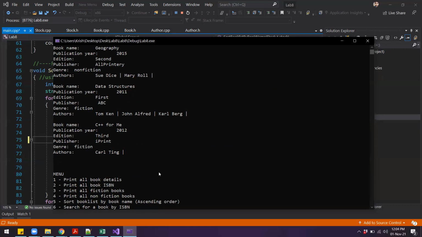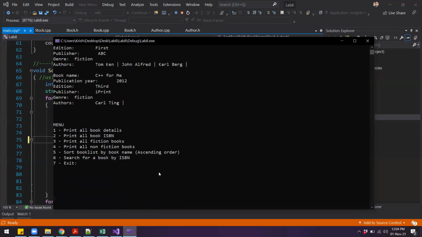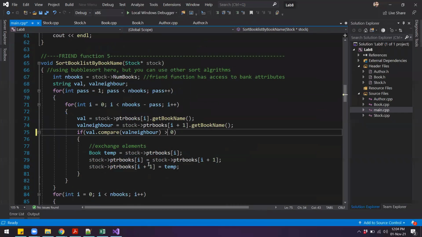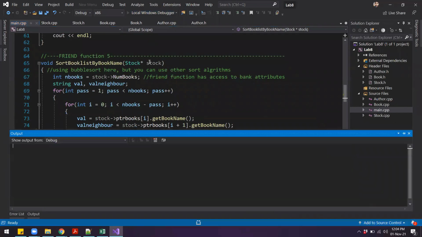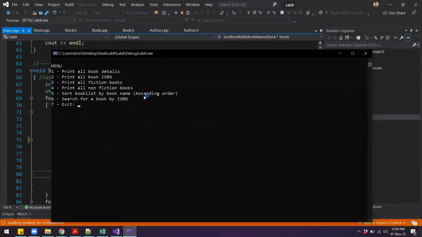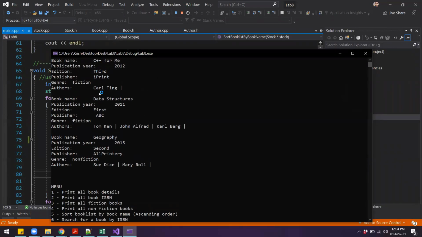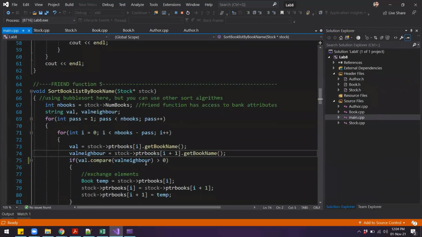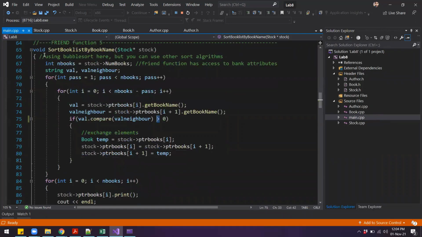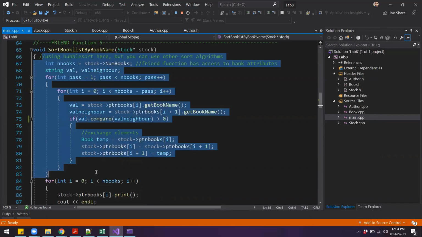So now if I close the program and then compile and run again, now if I enter 5, you will see that we get a different order. We get C++, then data structures, and then geography. So if you want to change the order, you just have to change this symbol over here, and everything else in the function will remain the same.